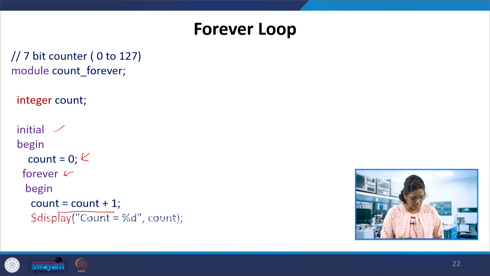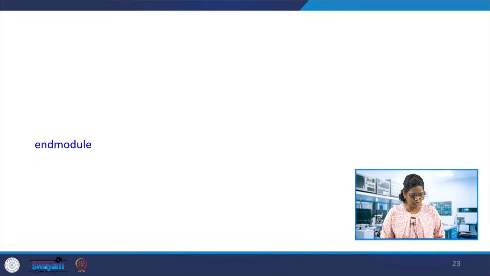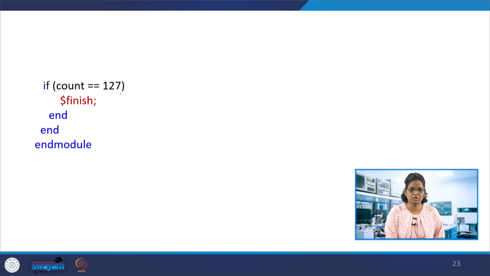Display, then count equal to count plus 1. How long do we need to do it? When you use the forever loop, there should be a condition, either you stop this counter operation or put a condition here: if count is equal to 127, then $finish.